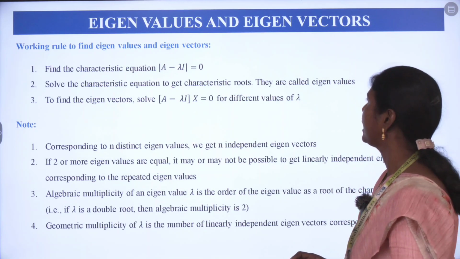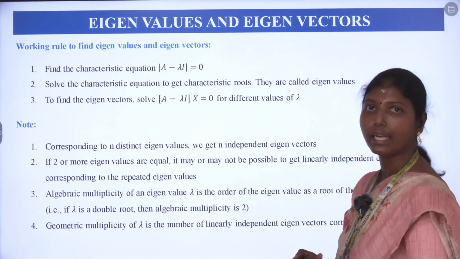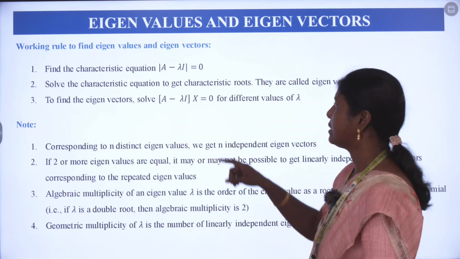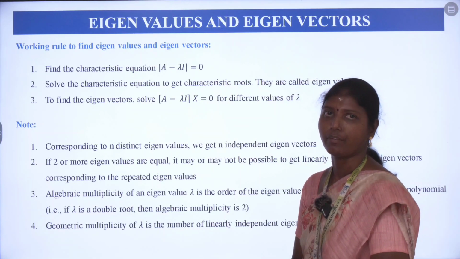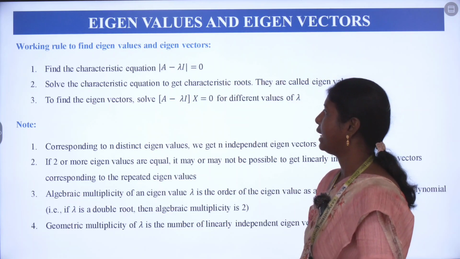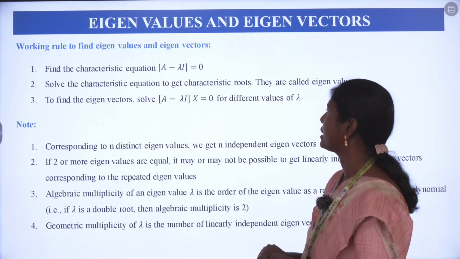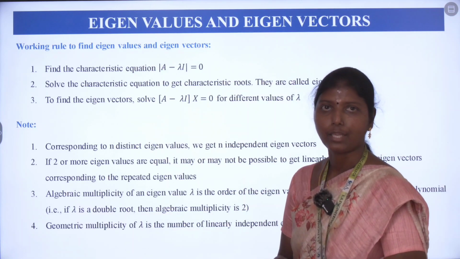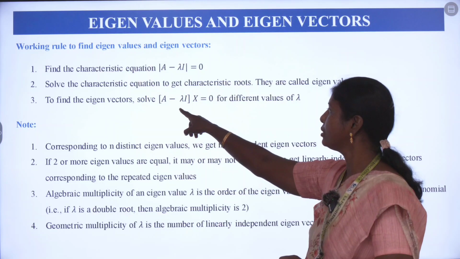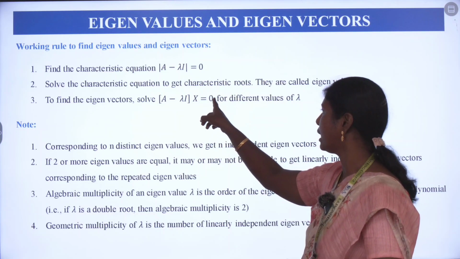Next slide is eigenvalues and eigenvectors. That is the working rule for finding the eigenvalues and eigenvectors. So first step is we need to find the characteristic equation, determinant of A minus lambda I equal to 0. Second, we need to solve the characteristic equation to get the eigenvalues. Next is to find the eigenvectors. We need to solve (A minus lambda I) x equal to 0